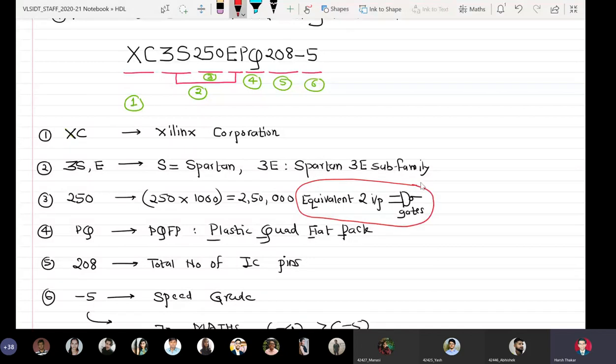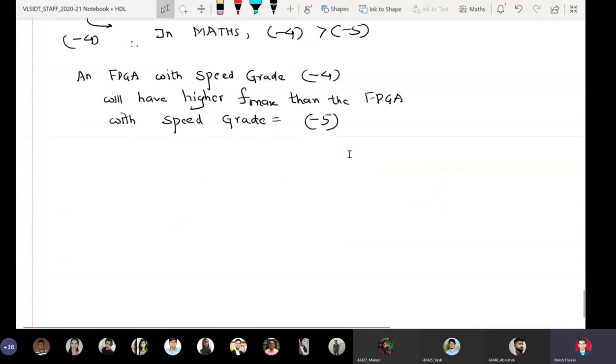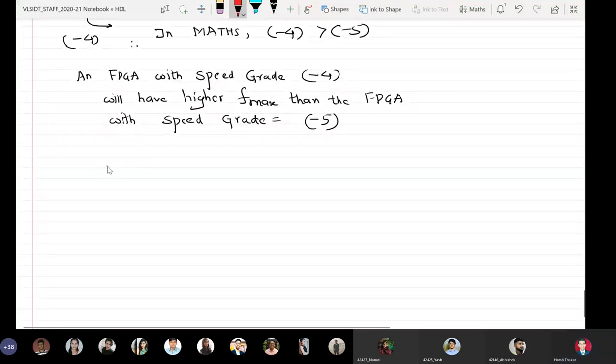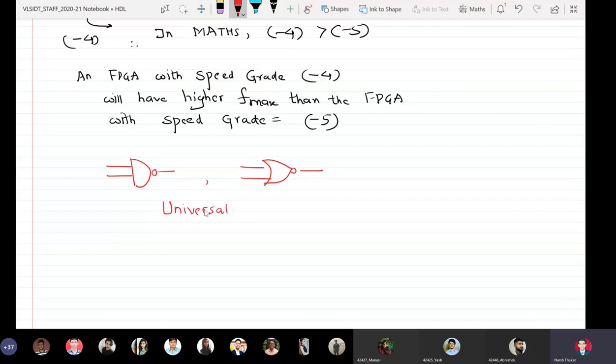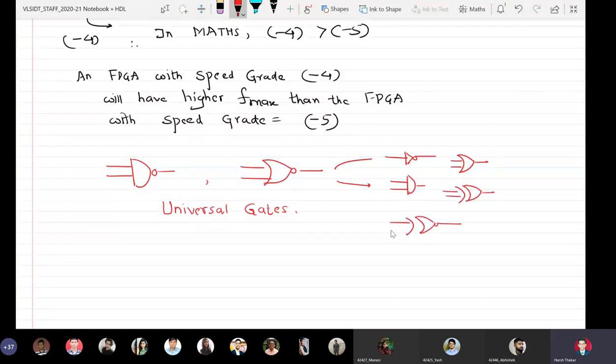Equivalent two input NAND gates. So all of us know from second year that NAND and NOR gates are universal gates, because they can implement all of the remaining functionalities such as NOT, AND, OR, XOR, and XNOR.